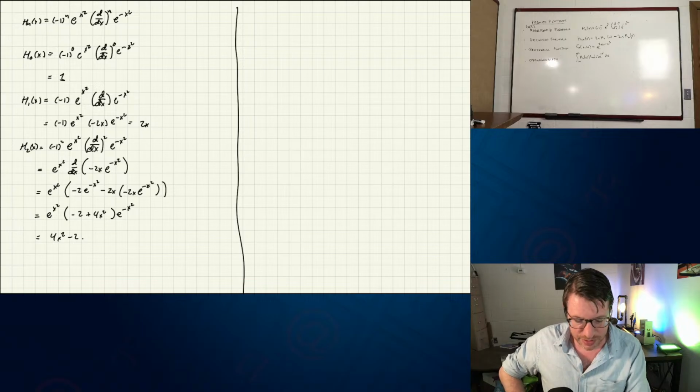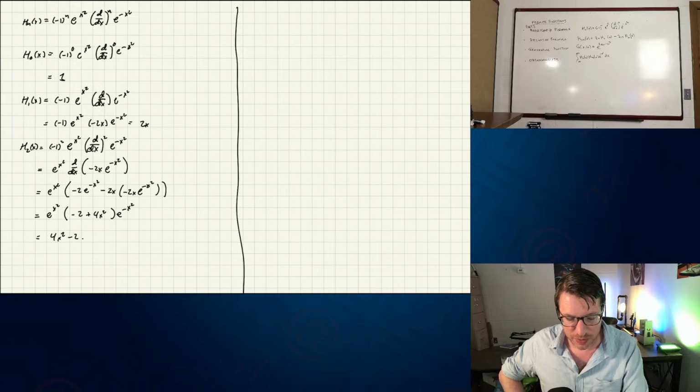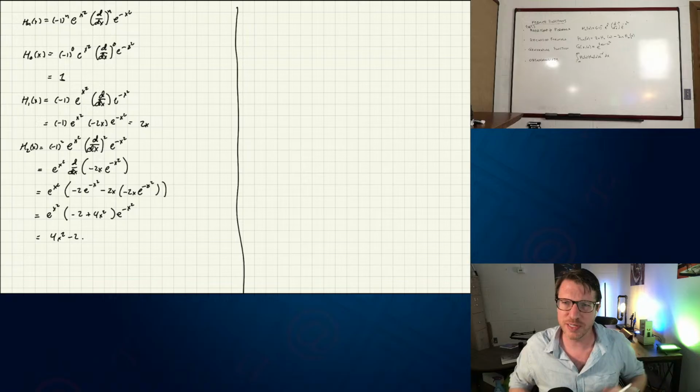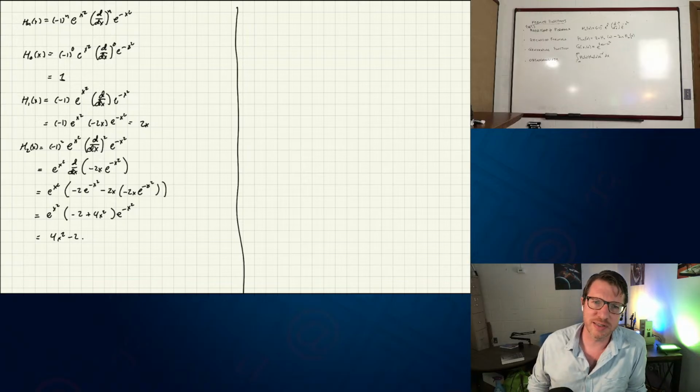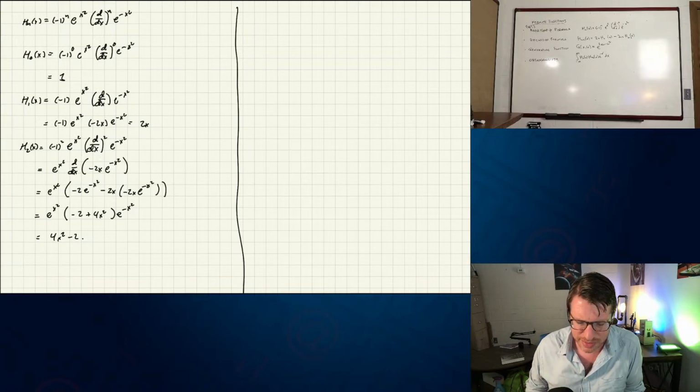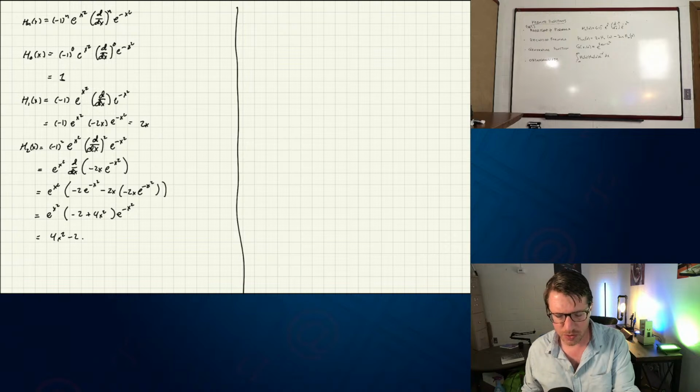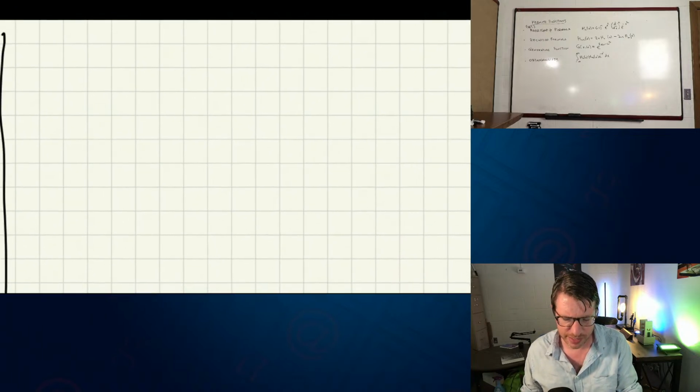Okay, so that's what these Hermite polynomials are. That's what they look like, and what we'd like to do is start proving some basic arithmetic about them, some tricks and ways of working with them that doesn't involve necessarily taking a derivative every single time, because that gets to be kind of annoying. And so what we're going to do then is go ahead and try to start